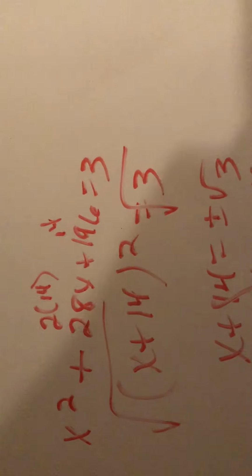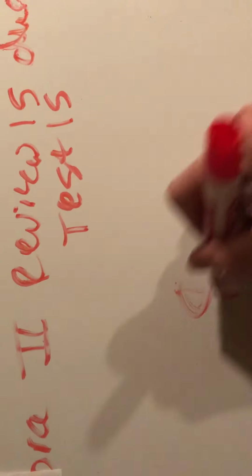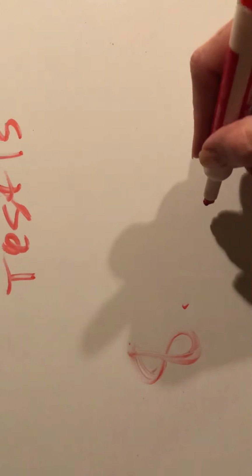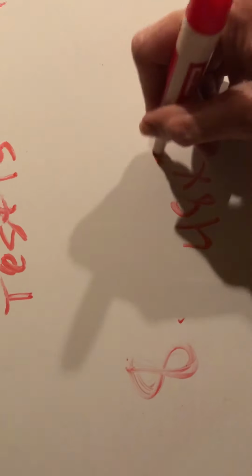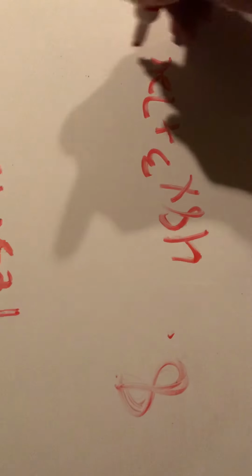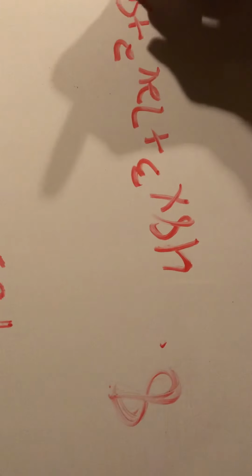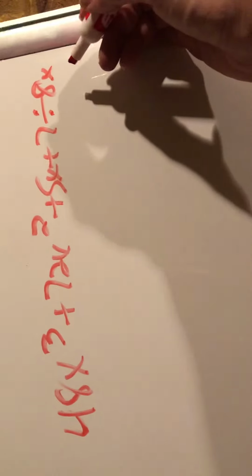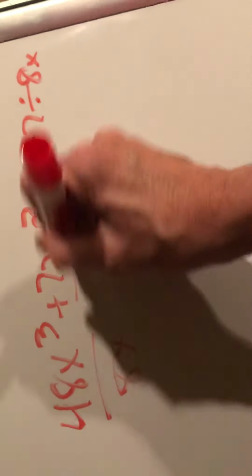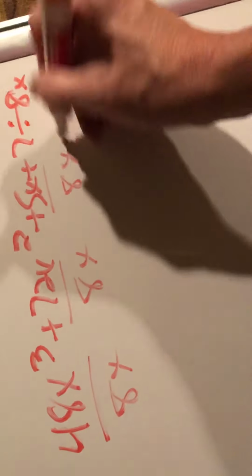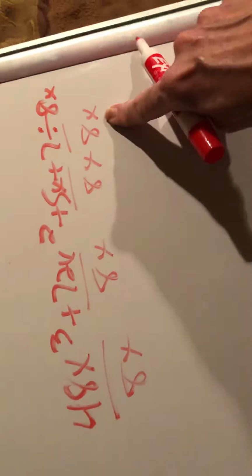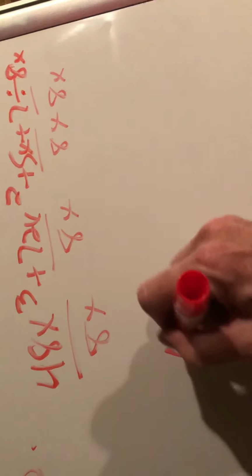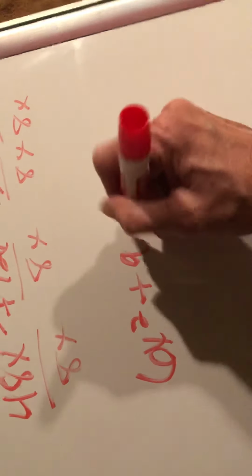Then we've got a division problem on number 8. It is 48x cubed plus 72x squared plus 58x plus 7, and you're dividing by 8x. So you take that 8x, since it's a monomial, and you just put it underneath each term, and you simplify. And some of them may be left weird, like that 7 is going to be left weird. So this would be 6x squared plus 9x